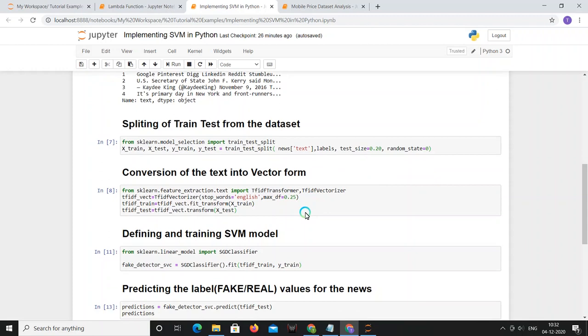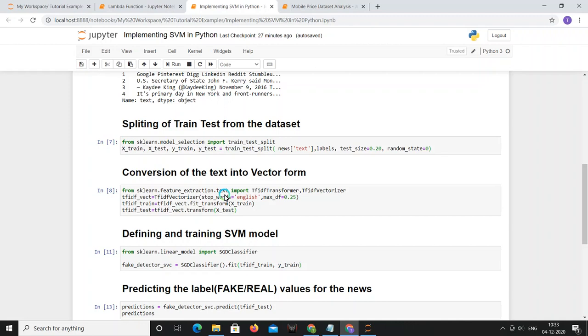After that I have to convert the text into some vectorized form, right, for giving those values to the machine learning model. For that I'm using the TF-IDF vectorizer to convert the text into a vector representation. Here you can see I'm removing the stop words. Stop words are basically words which have little importance to the dataset, for example words like "if" and "is".